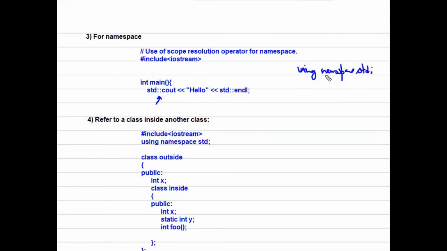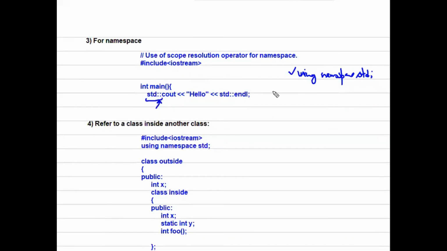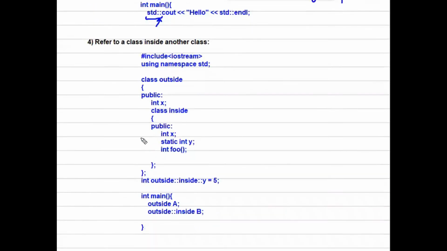If you use this, then you don't need to use the scope resolution operator with std, so we generally write this line. We discussed namespaces in maybe the first or second lecture of this unit, so you can watch those lectures to understand namespaces in depth. We can also use the scope resolution operator for the namespace.